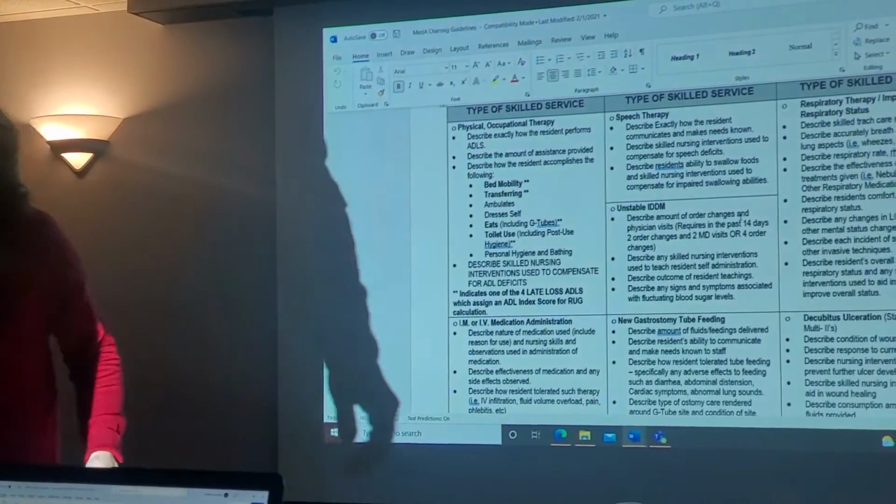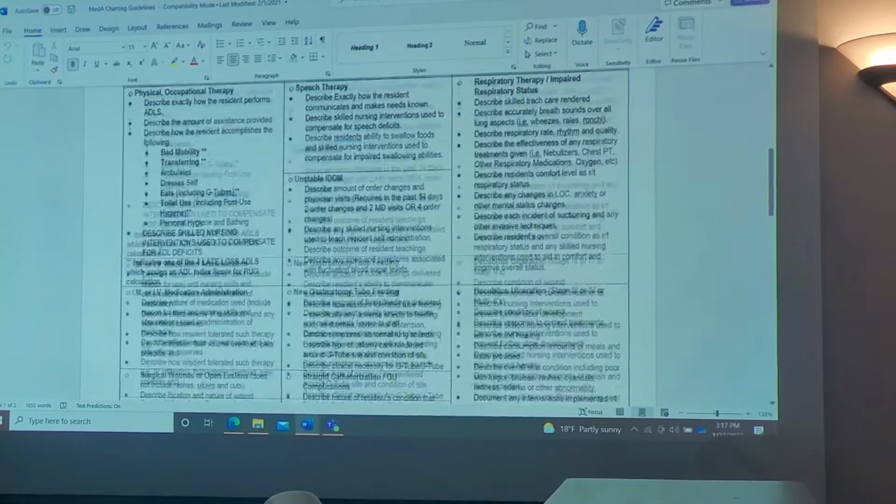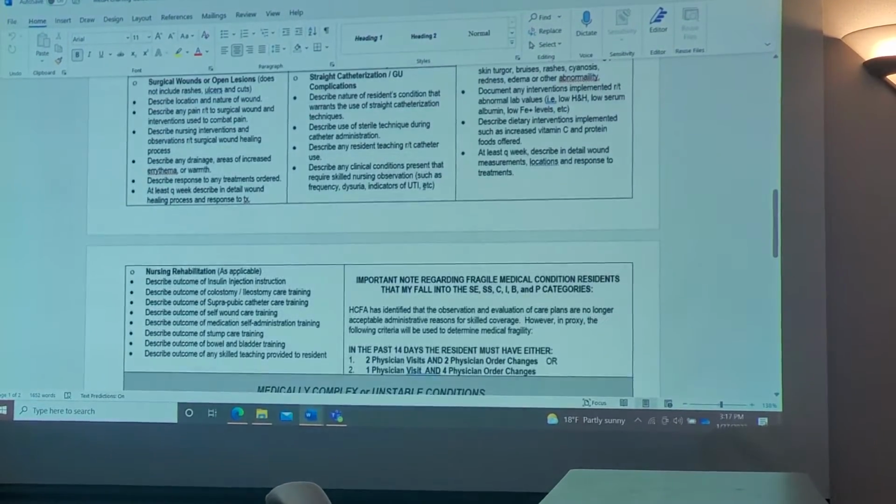And I apologize that we can't see the whole thing. I just want to give a surgical wounds